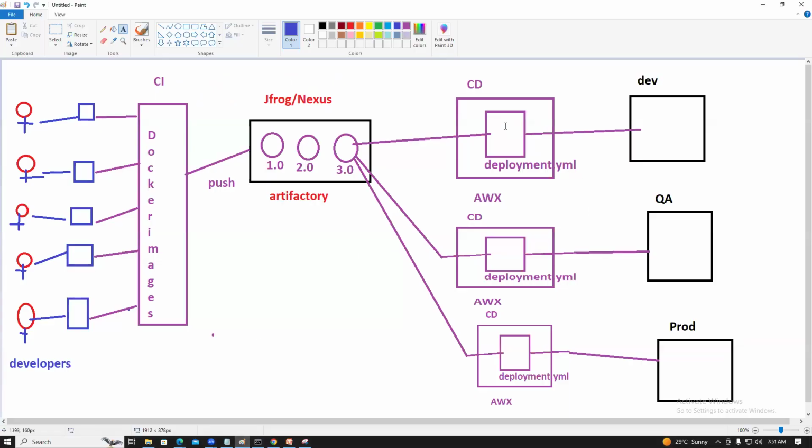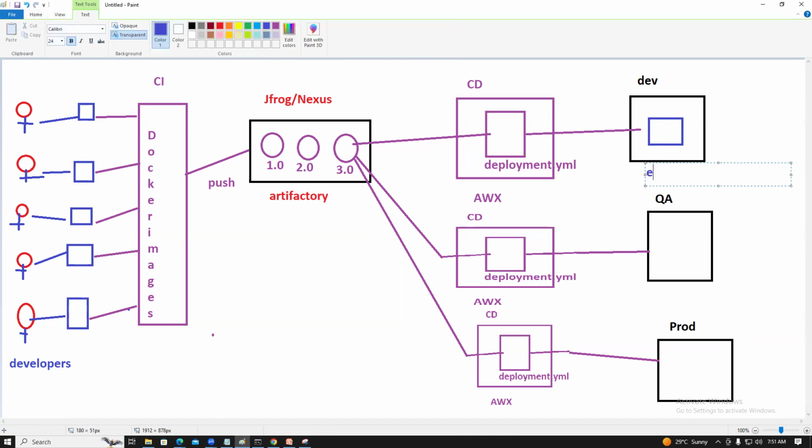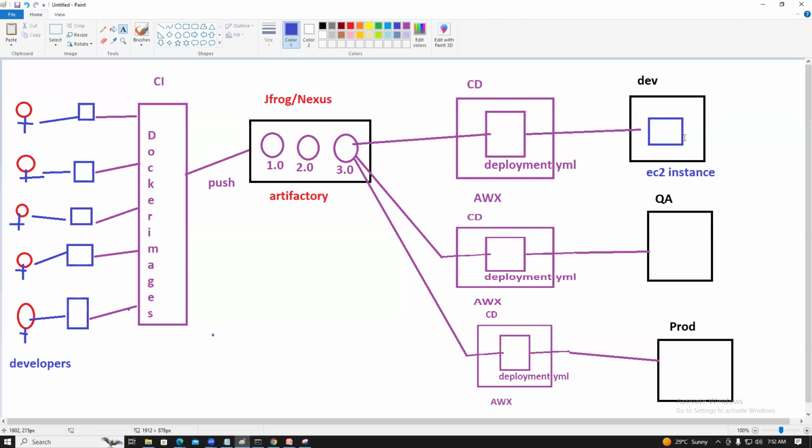So for example, this is the dev environment. In the dev environment, you run as a container. So this is the environment, this is the EC2 instance. In this EC2 instance, for example, there is no Docker. You install Tomcat and Java, and you deploy the Java code. If you want to see it as an end user, how can you see it? Definitely we can expose the